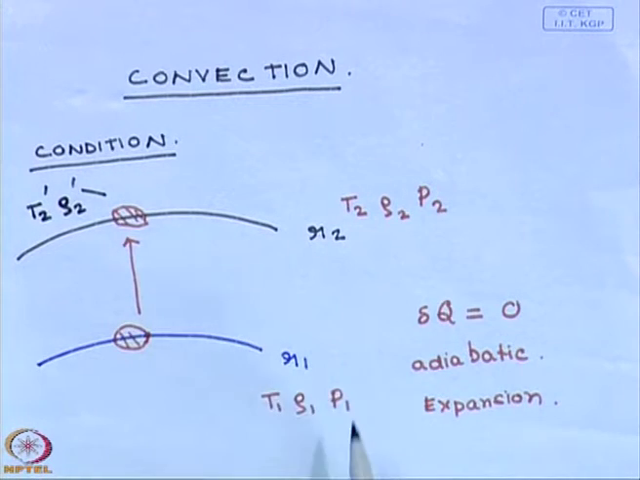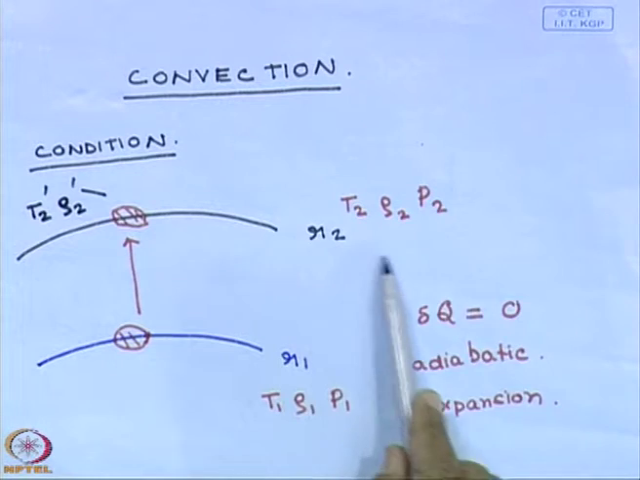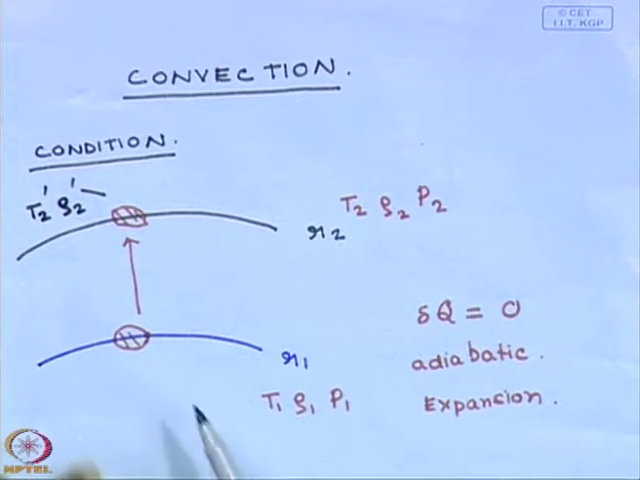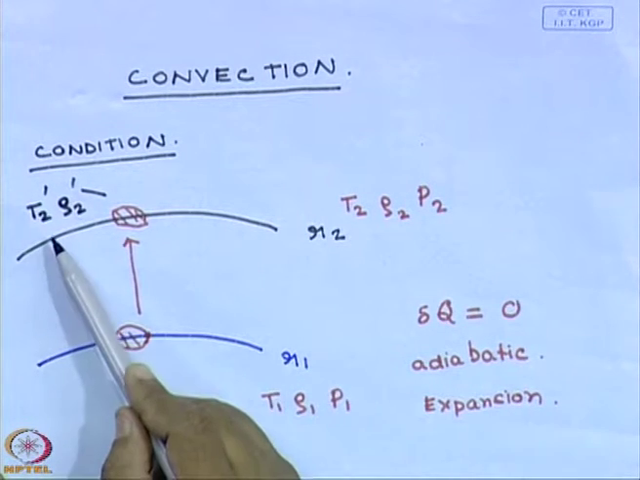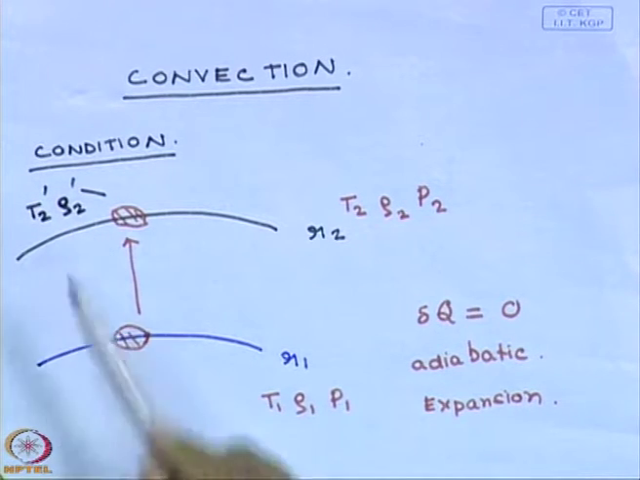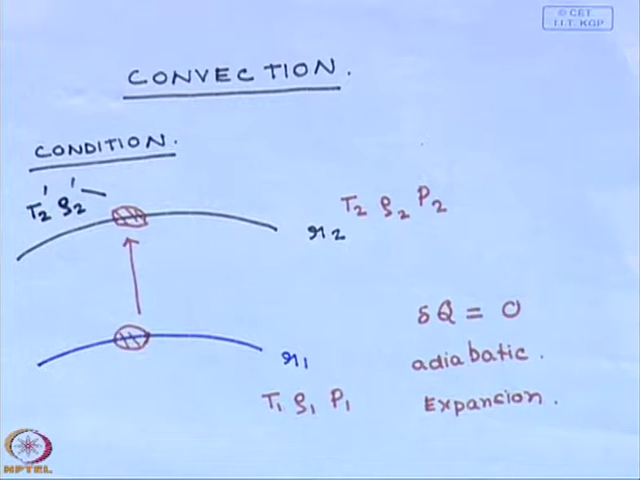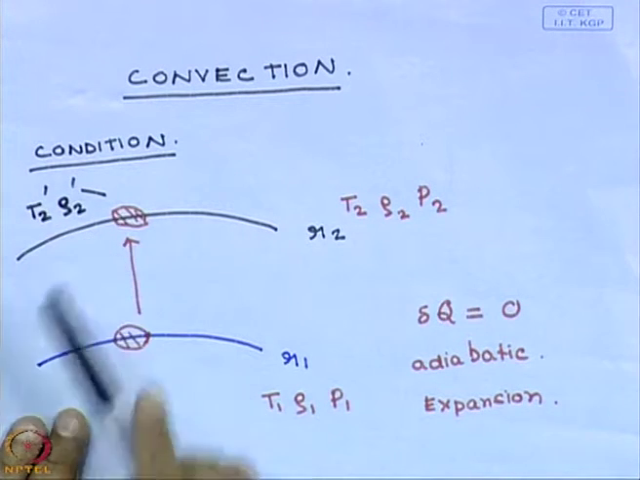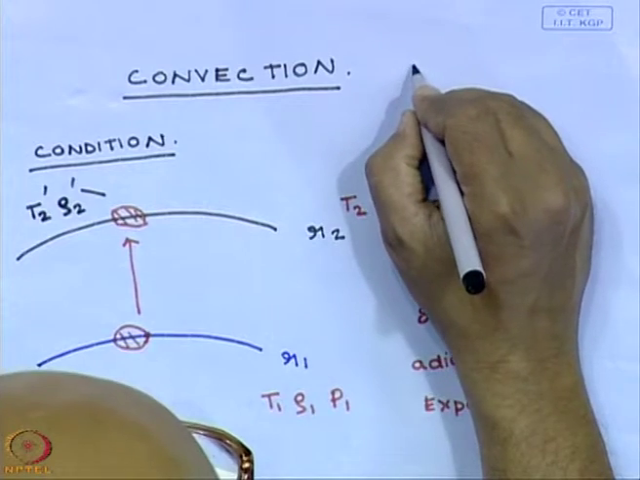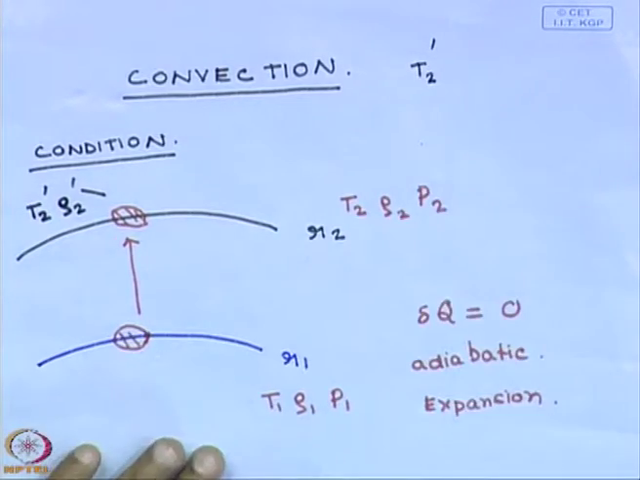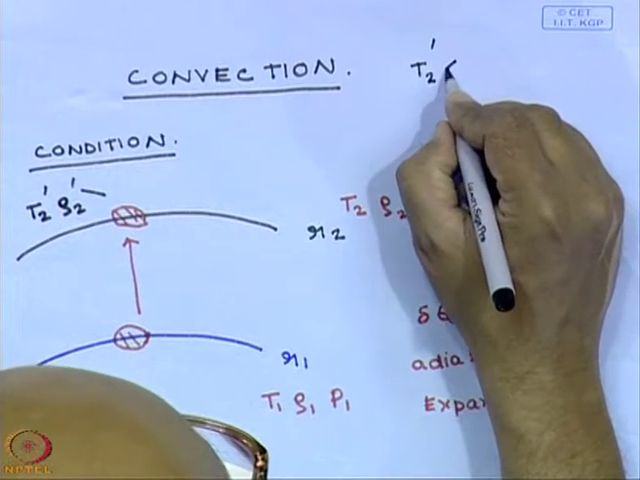So, the surrounding has a temperature T2 and density rho 2, determined by the radiation transfer. The bubble moves from here to here and expands adiabatically, so its temperature will be different: its temperature is T2 prime and its density is rho 2 prime. Now, the question is what happens to the bubble when it comes here, and what happens depends on whether T2 prime. There are two possibilities. If T2 prime is less than T2,